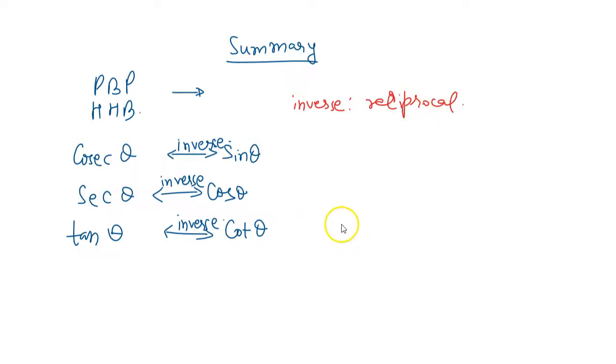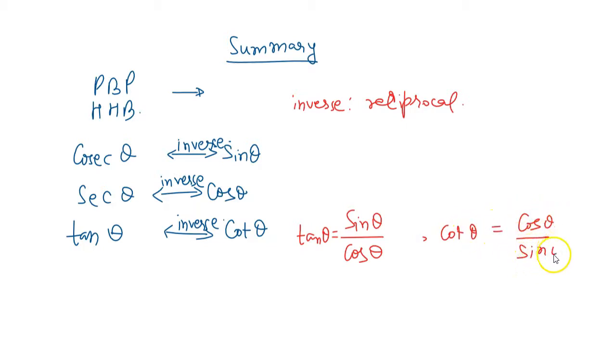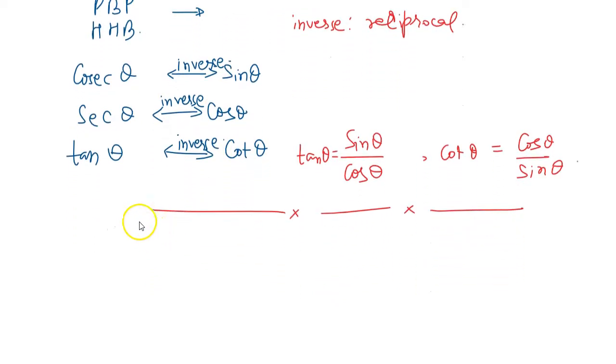Okay, and two other important forms: sine theta by cos theta, this is tan theta, and cot theta is cos theta by sine theta, right? So guys, it is very important that whatever we learned till now, you go through them. So I recommend you all to go through it once again, replay the video, and then let us do this question. Small questions we will do.